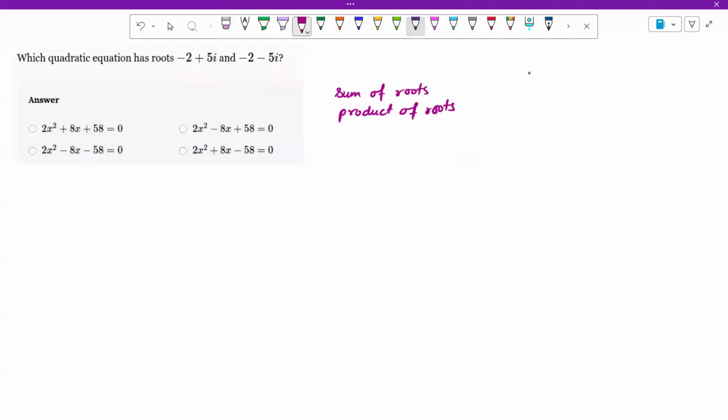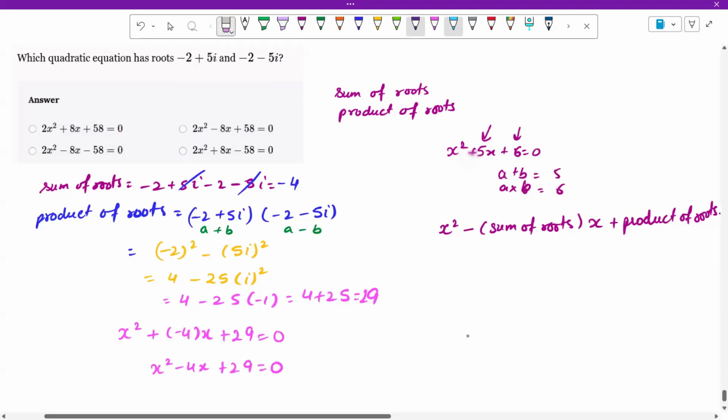You remember how we say if there is an equation like this, and we want to write it in such a way that the sum of two numbers comes out to be 5 and the product of those two numbers comes out to be 6, right? That means the sum of numbers goes here and the product of numbers goes here. So if we want to find out an equation like that, so over here it